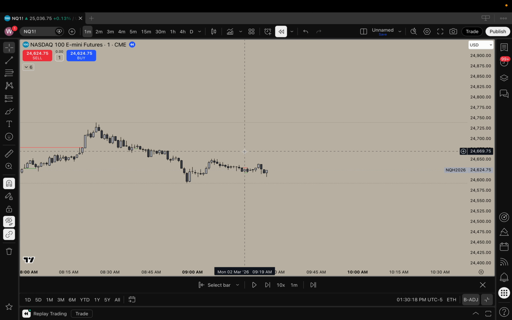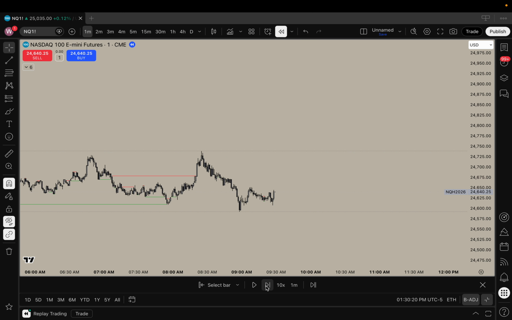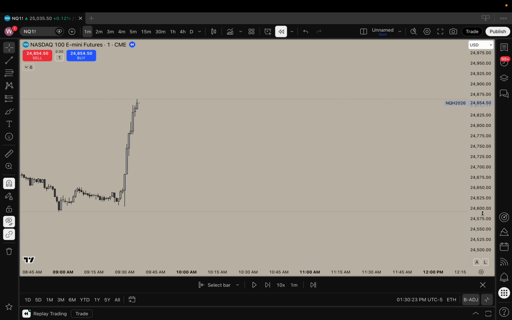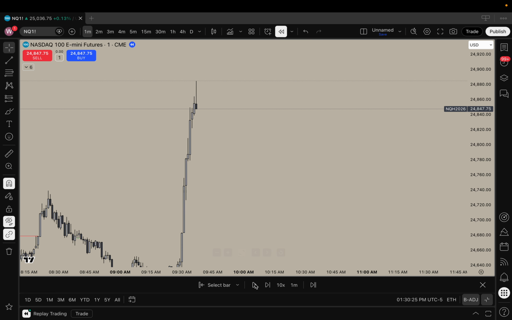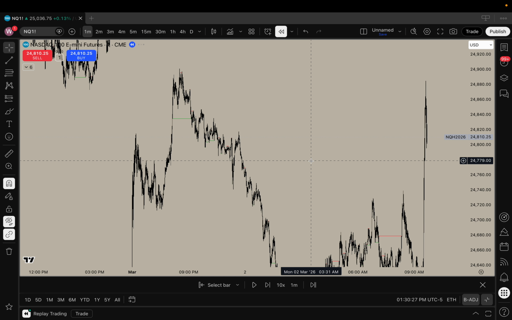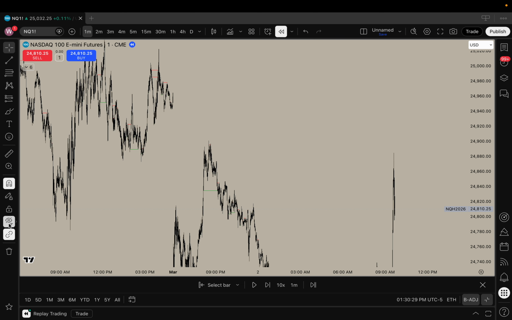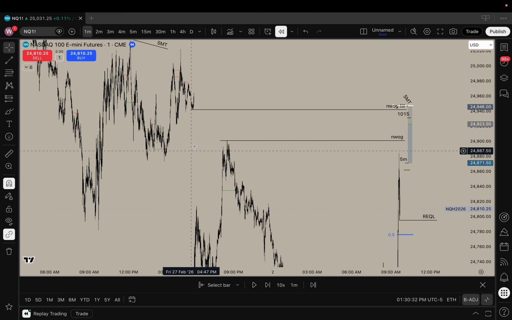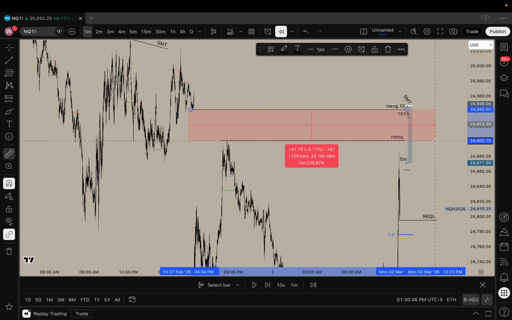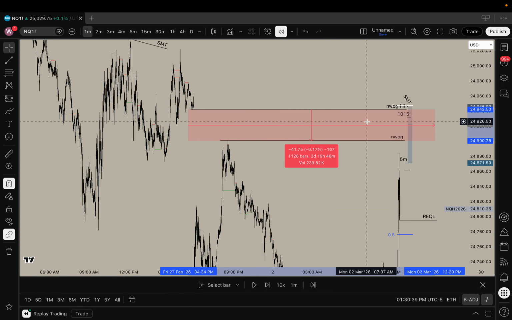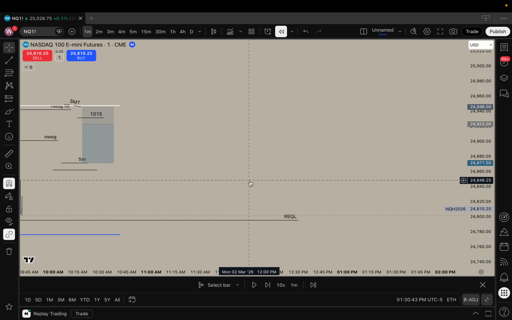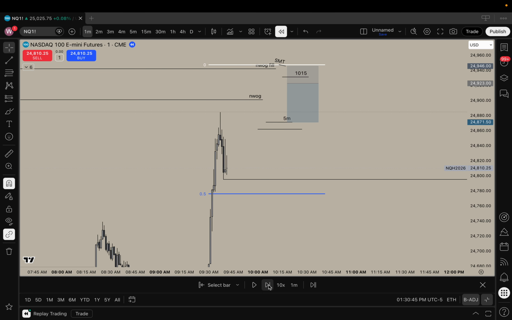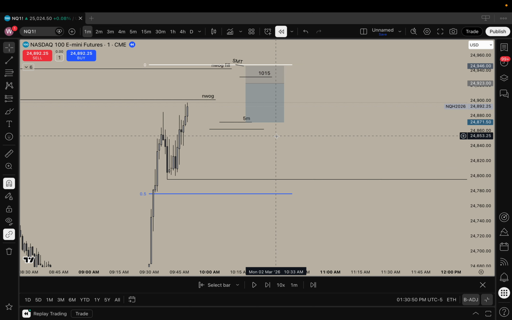So what happened at market open? Well, at market open, you cannot capitalize off of any of this because there's just no setup. We just pump immediately, and then we start to head towards this new week opening gap up here. We have this new week opening gap completely unfilled. This is a very strong draw on liquidity because there is no data sitting inside of here. This needs to be rebalanced because it is an imbalance, and that's how the market moves. So what do we do? We just continue to pump up, and then we edge the new week opening gap with an SMT, and we got